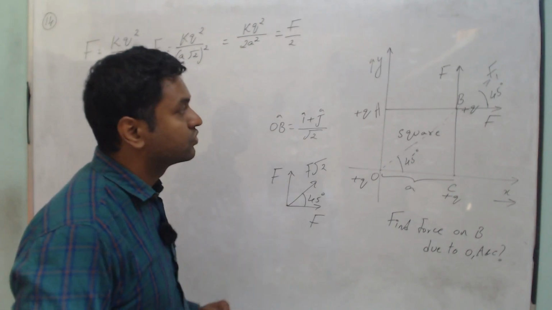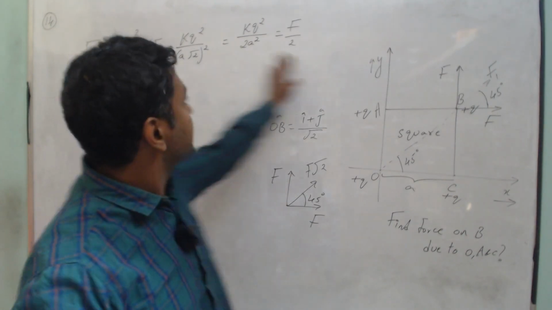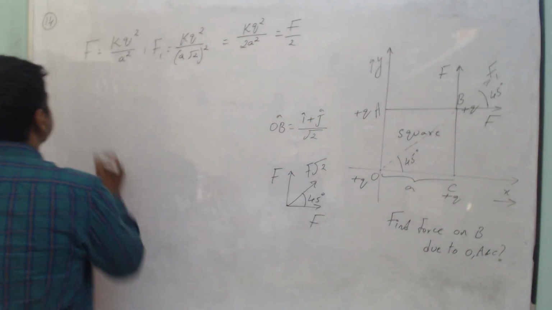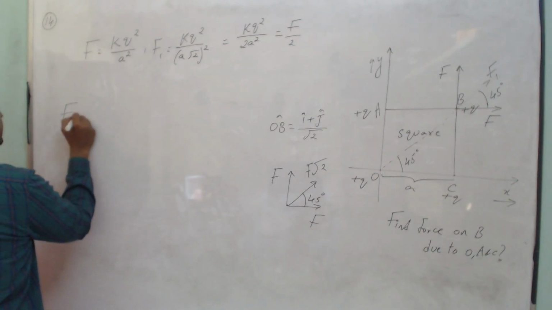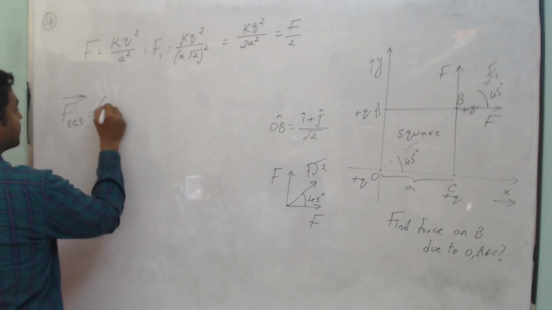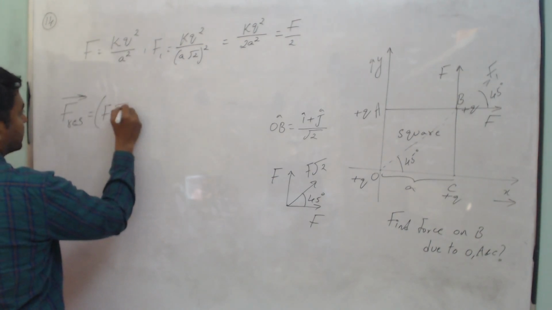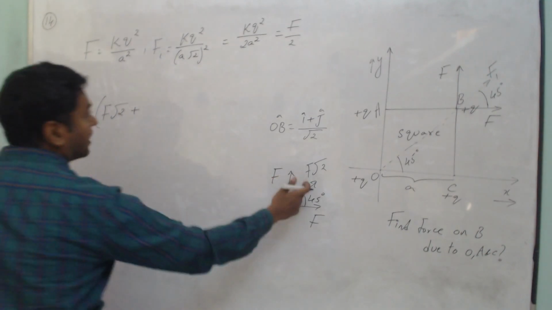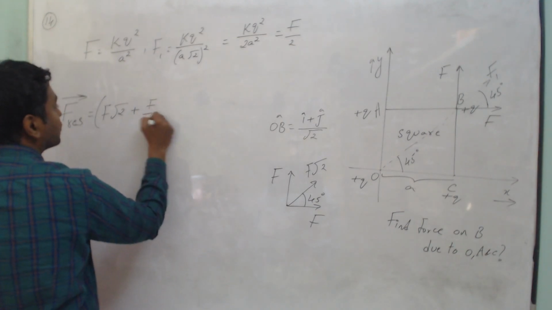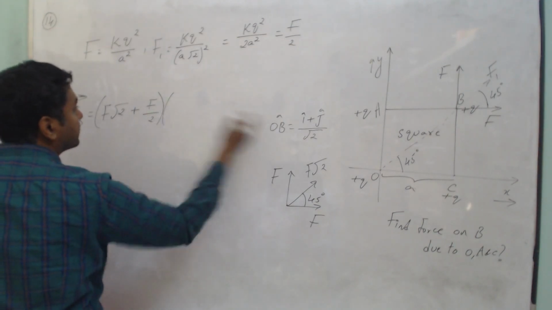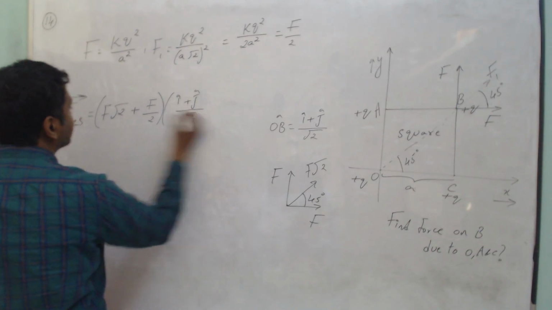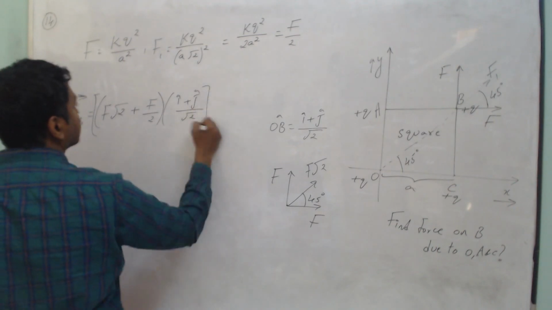F root 2. Yes, sir. And there is another force F1 in the same direction, right? So simply you will get the F resultant vector form is equal to, first I have F root 2 in that direction plus I have F1 also in that direction, which is F by 2, and the unit vector in that direction is I cap plus J cap divided by root 2, and this entire thing is basically